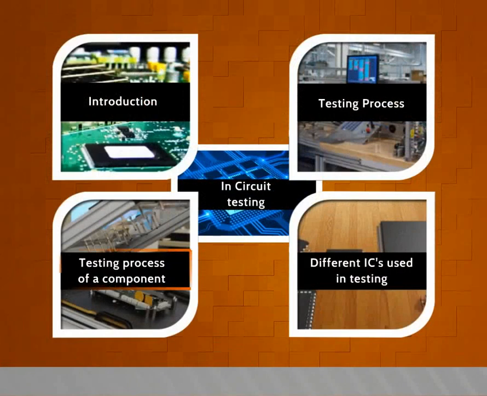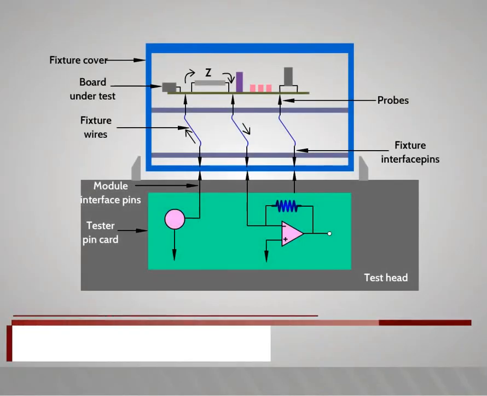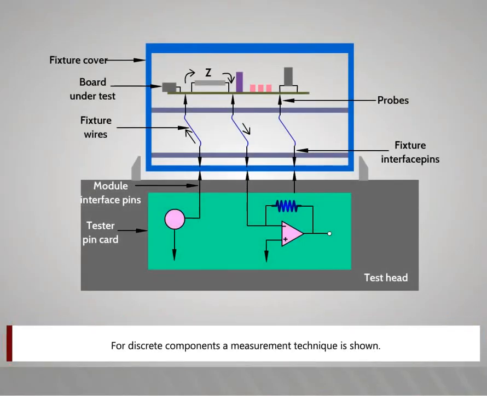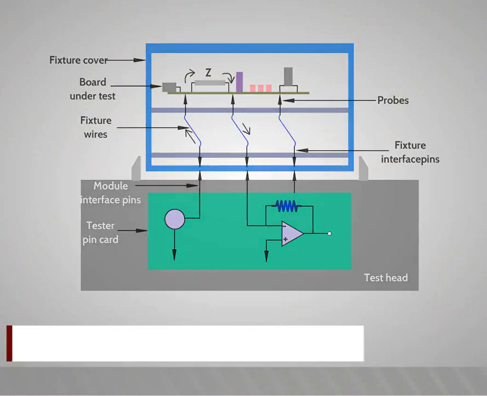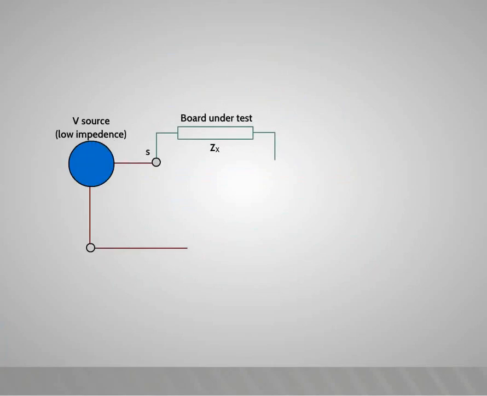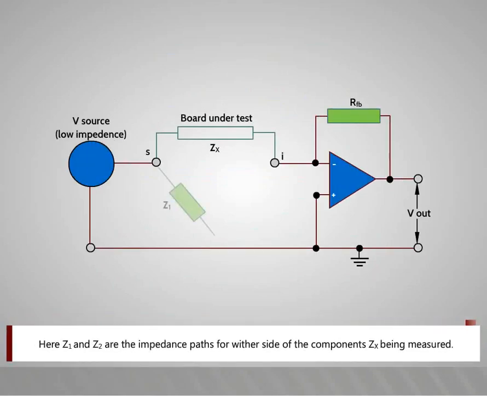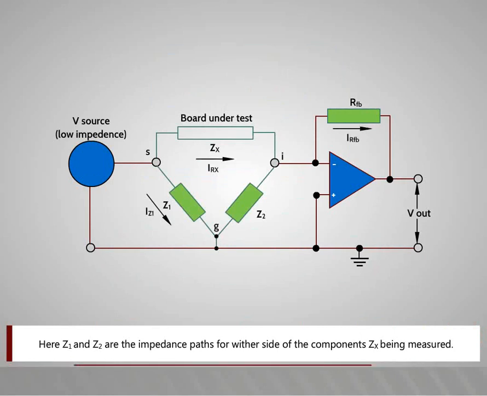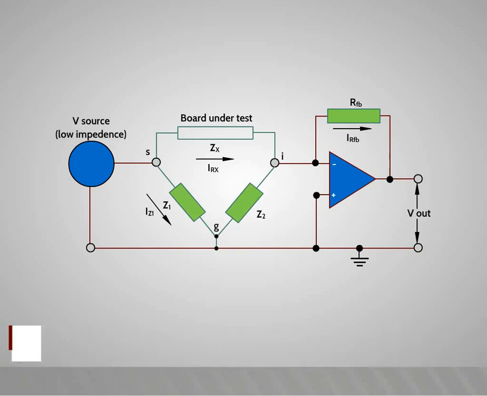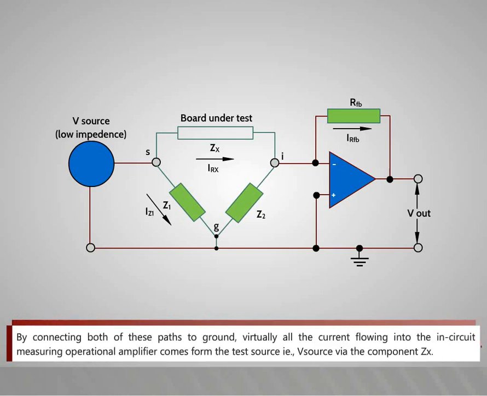Testing process of a component. For discrete components, a measurement technique is shown. Here, Z1 and Z2 are the impedance paths for either side of the component, Zx being measured, by connecting both of these paths to ground,